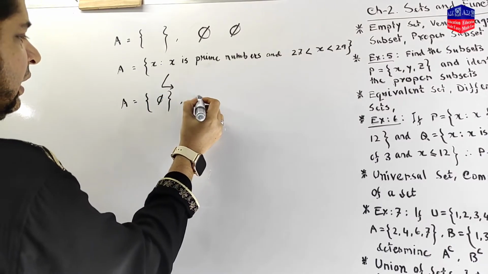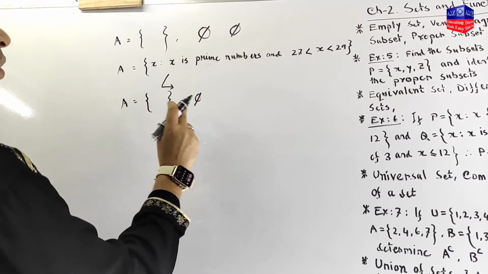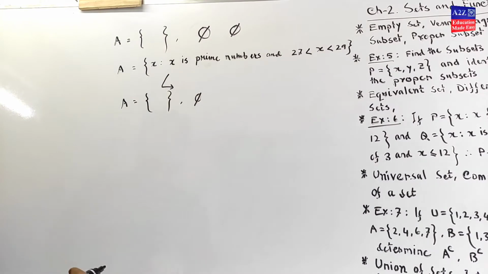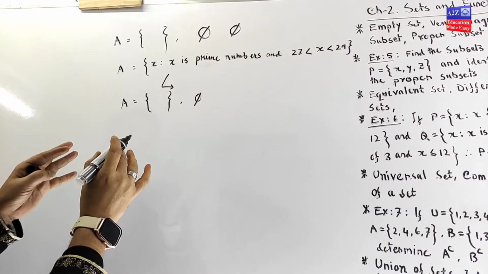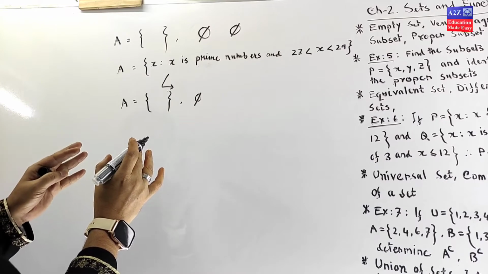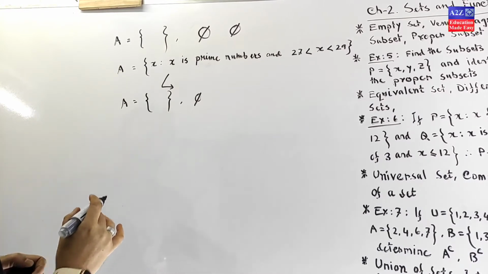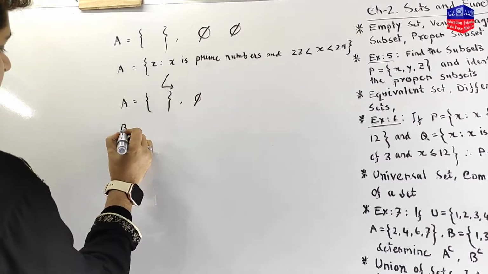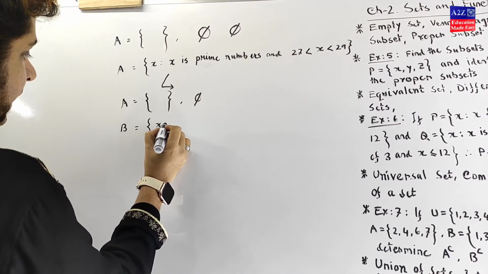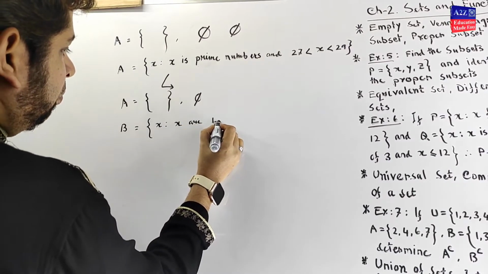Or you can say like this, you can keep this empty, or you can say like this. This is basically an empty set. Okay, hopefully you got the points. This set will give some criteria and conditions, and if you would like to maintain these criteria and conditions, and ultimately you will get no elements within the set, which is for example, B is a set of element x such that x are boys